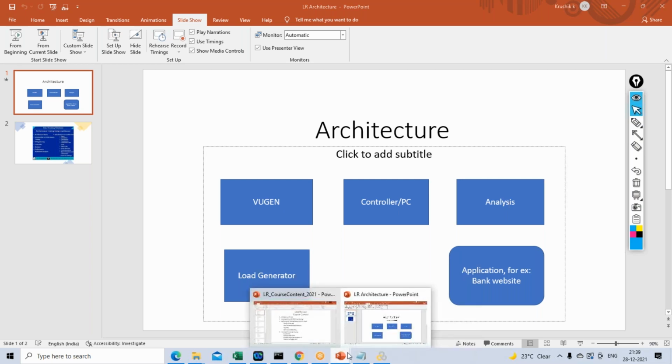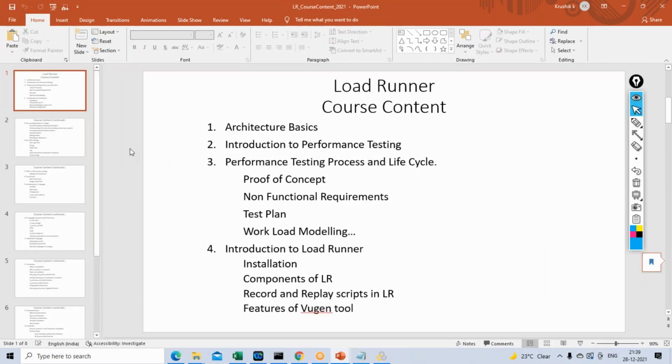Now, quickly, without wasting any time, I would like to navigate to the course content. Before I explain the course content, I would like to take a few questions from the topics we have covered as part of today's demo session. Any questions, or shall we address all those questions after discussing the course content? Let's complete the course content as well, and then we'll see all the questions at a time. In the meantime, if you have any questions, make a note of it, and we'll discuss again in some time.